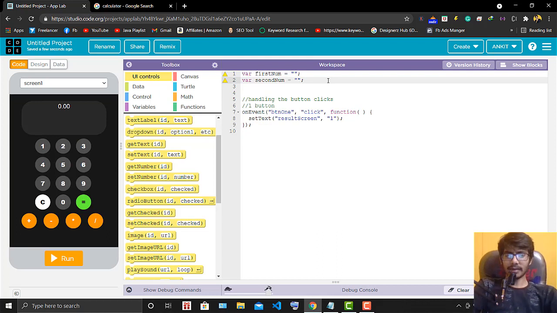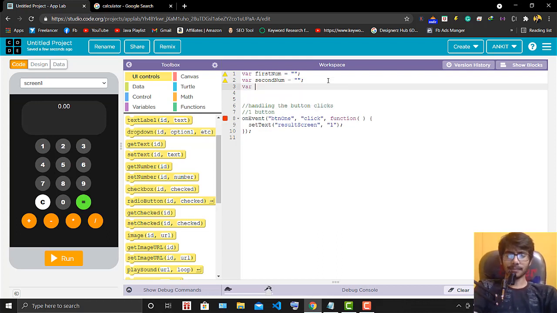We will make a variable, var, called is first input, because we want the first-time input. We will make it a boolean, true. Then we will write if, and check the condition: is first input is equal to true.